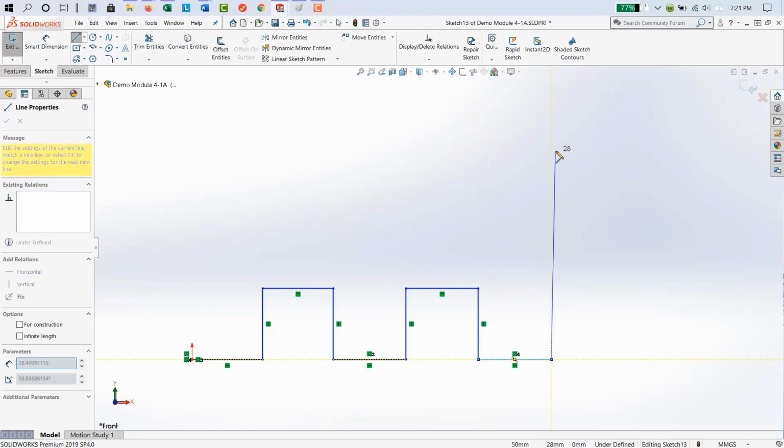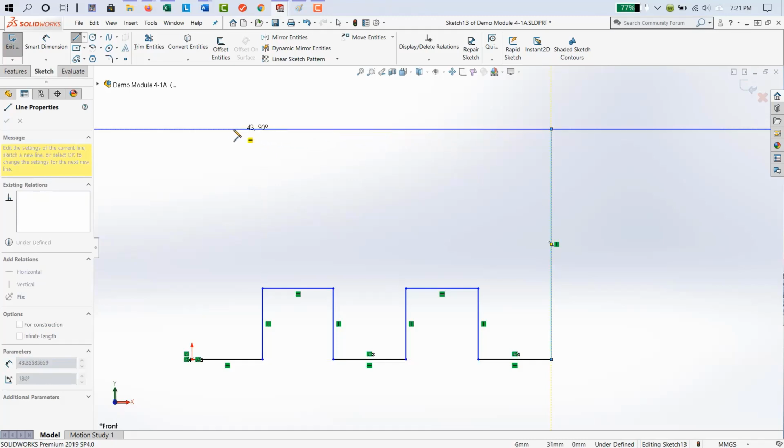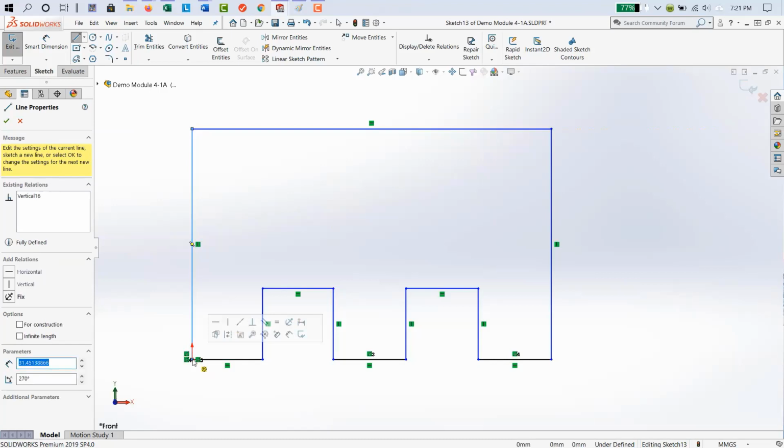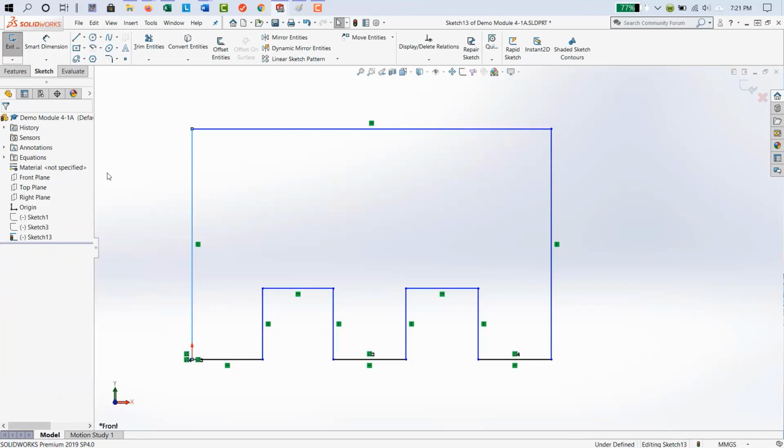Then we go up to 30, over left, getting almost back around to the beginning. Notice I get the length of my line by waiting for that inference line to show up and then going vertically down till I hover over the origin and I can see the two circles there. That's concentric. All right, now our sketch is finished and I'm done with the line tool.